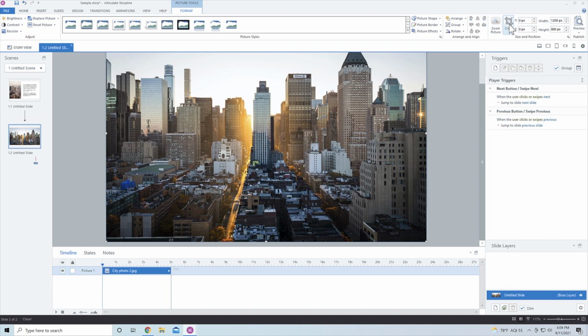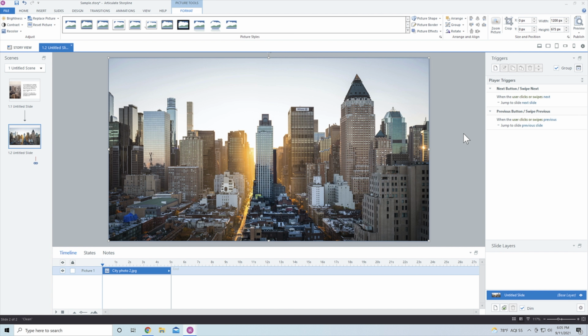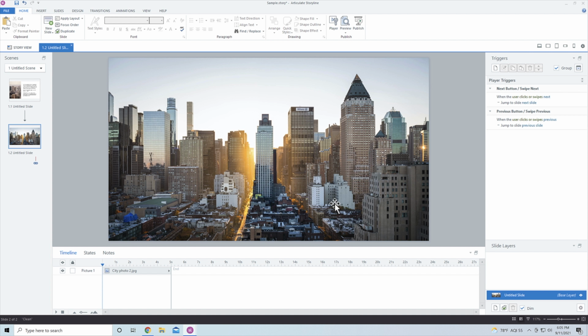And so what I do is I come into crop here and I take whatever's overlapping, move it above the stage, and you'll see that it snaps right to the bottom of the stage there. That way I get the image to fill the entire screen here. And so you can see this is looking great. However, I want to have some overlay and have some text right here.